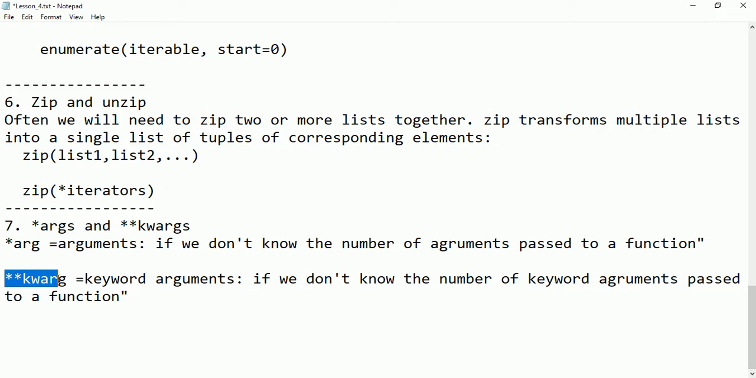But if I am using keyword arguments, if we don't know again the number of keyword arguments passing to the function, we will be using this double star kwargs. The values passing to the function will be in the form of keys and values, and it will be accepted. Let's see here